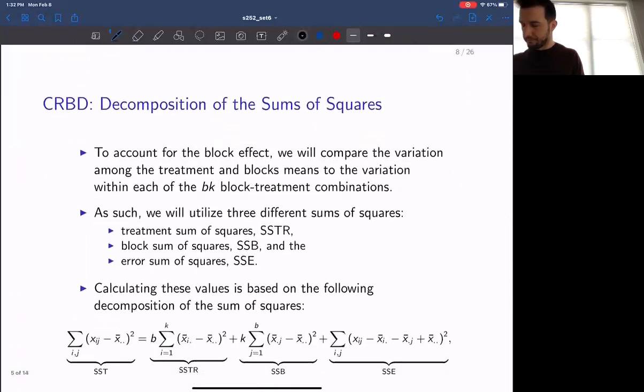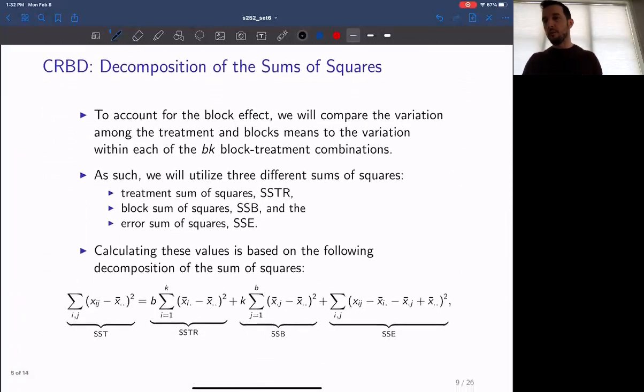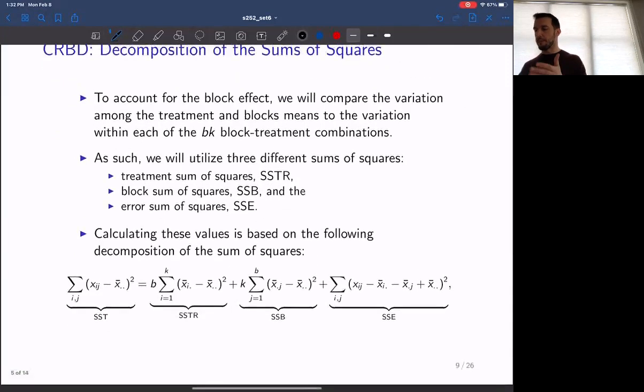Okay, so if we want to compare the SST, or the decomposition of the sum of squares, of the one-way ANOVA to that of the completely randomized block design, we can see from this decomposition what the block design is actually trying to attempt. So if we consider the one-way ANOVA